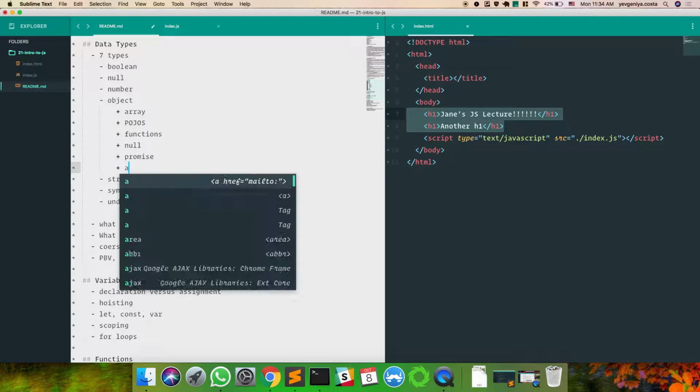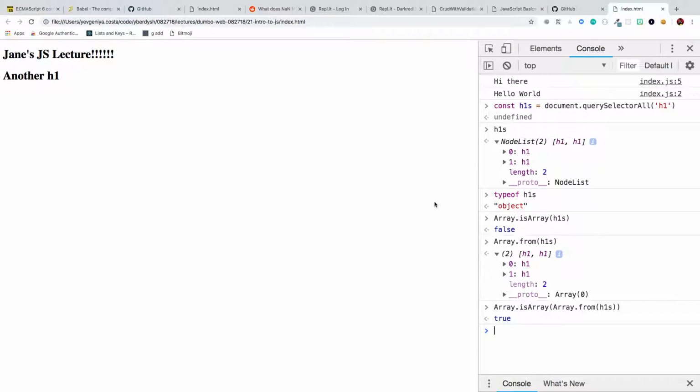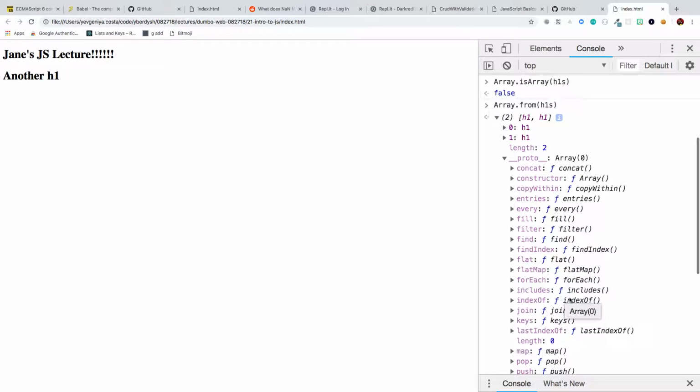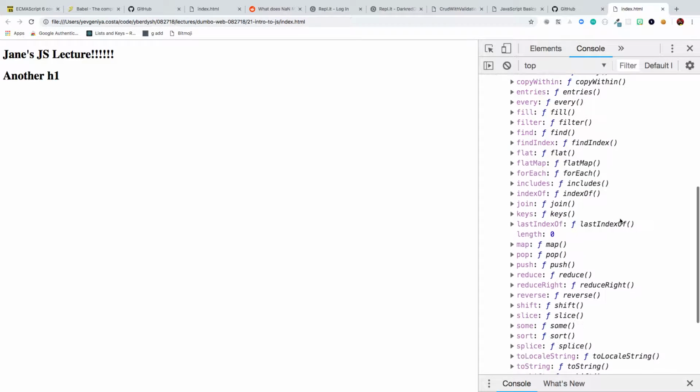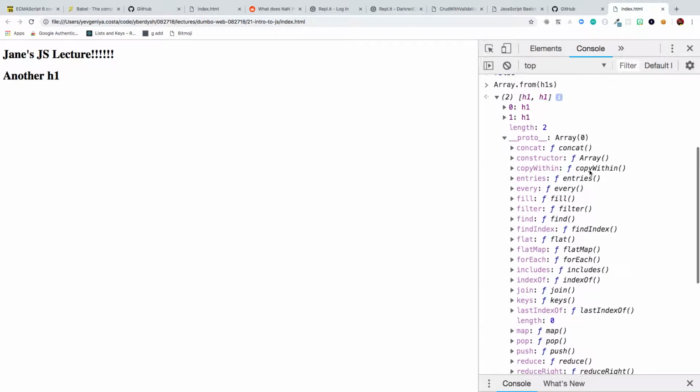Yes, Hugo? So you can't iterate over array-like objects? You can sometimes iterate over array-like objects. That's another thing about JavaScript. So there's this idea of __proto__, which is where your thing inherits stuff from. So if something is an array, it's going to mention all of the array methods here. Like, you can use .filter on it because it's an array. You can use forEach. You can use join. You can use push, map, pop. Some of these are familiar.